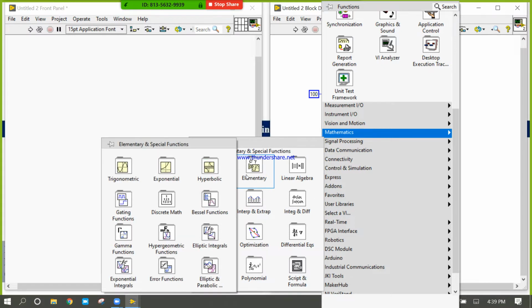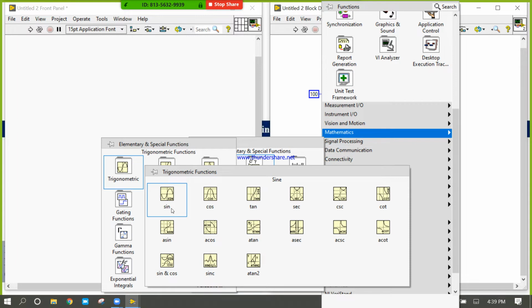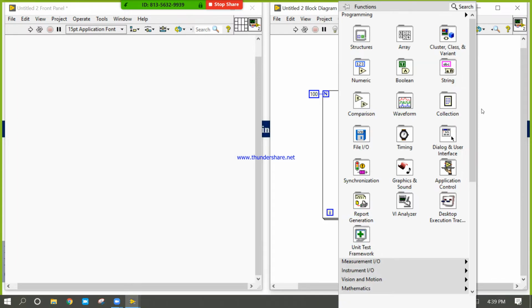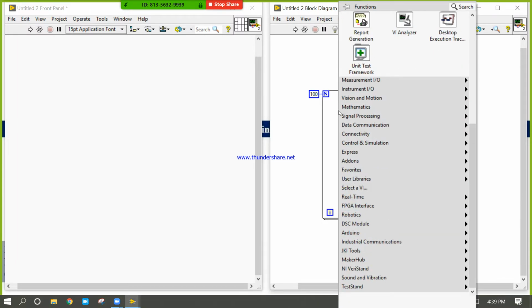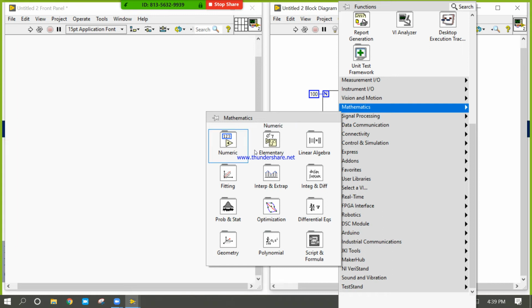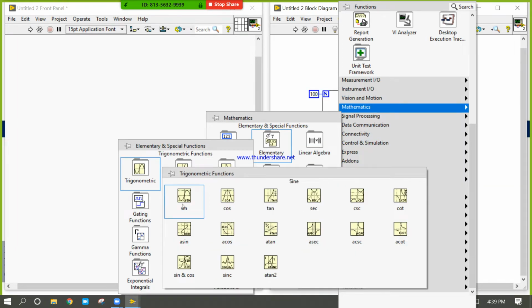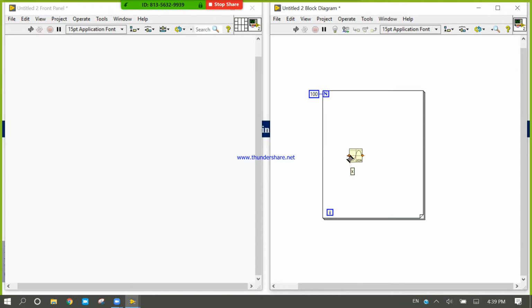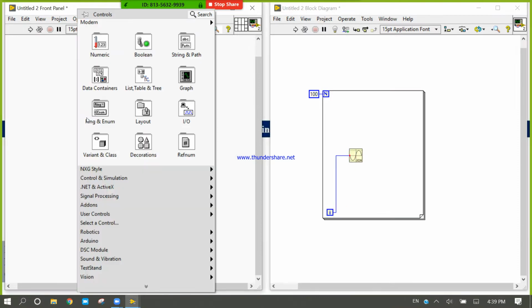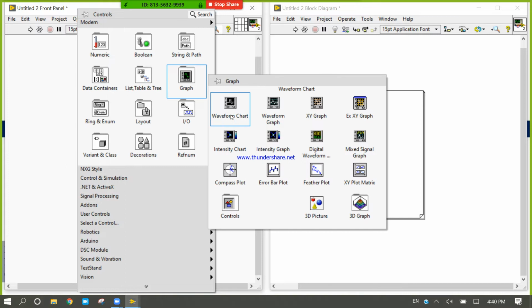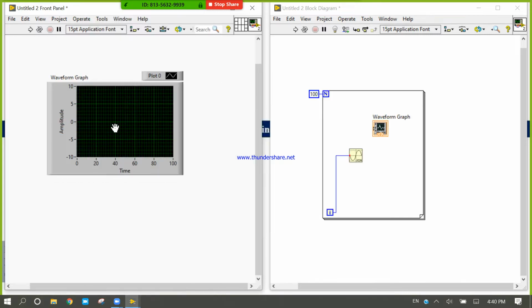In mathematics there is elementary, and inside elementary, trigonometry, sine wave. Take the sine wave, place it here. Right click, waveform, graph. Take the waveform graph.